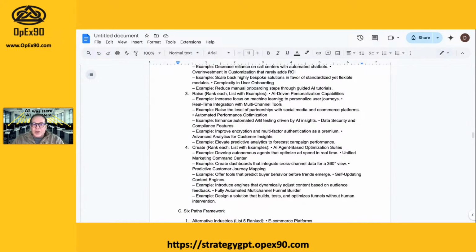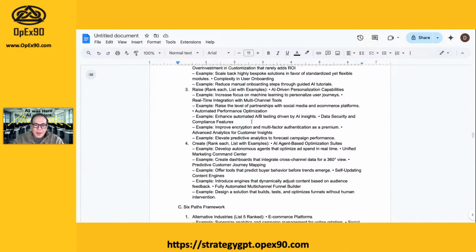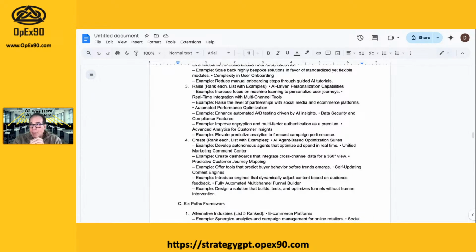So it says an example: increase machine learning to personalize your journeys. Machine learning is easy now, folks. Even if your machine learning is as little as using ChatGPT, there are tons of apps out there now that you can get data pulls, dump it in, do machine learning, or highlight factors, or code things, the sentiment analysis. It can also help you identify who your most likely audience is and most likely their intent to purchase, right? So that's important.